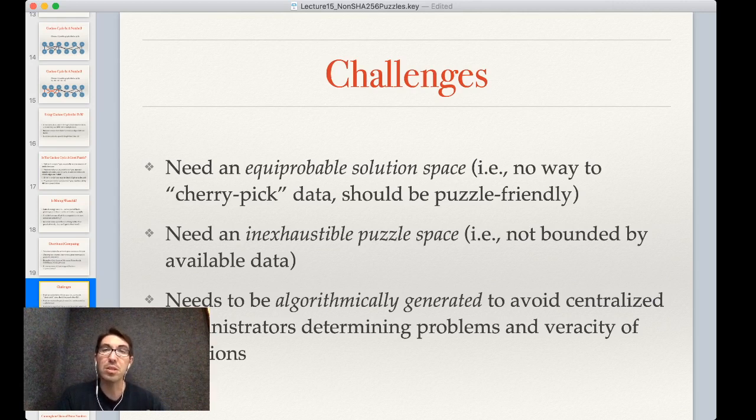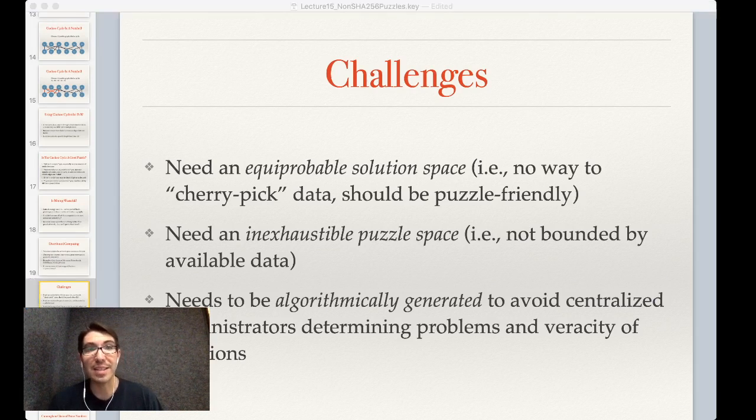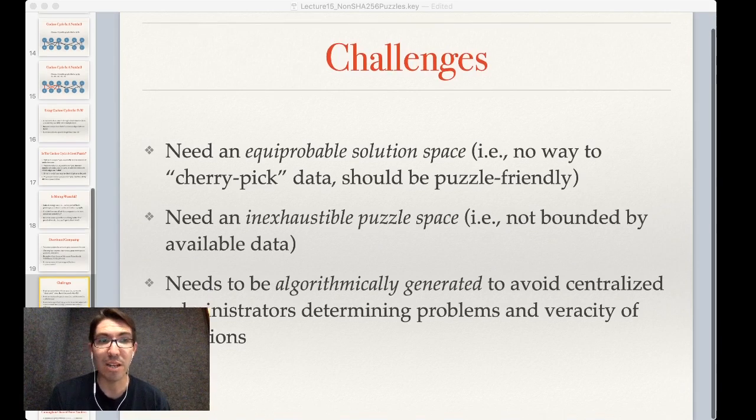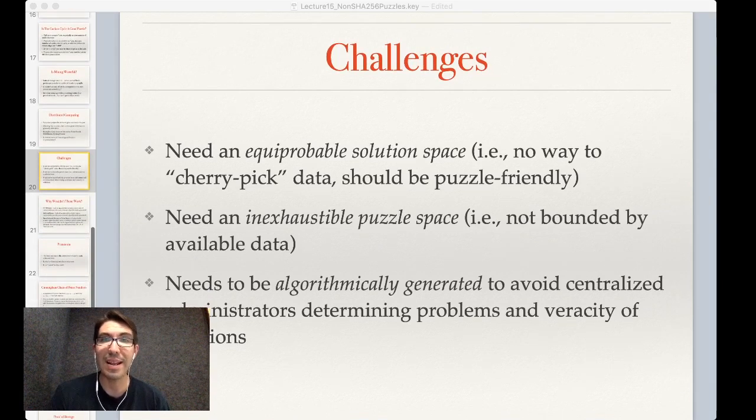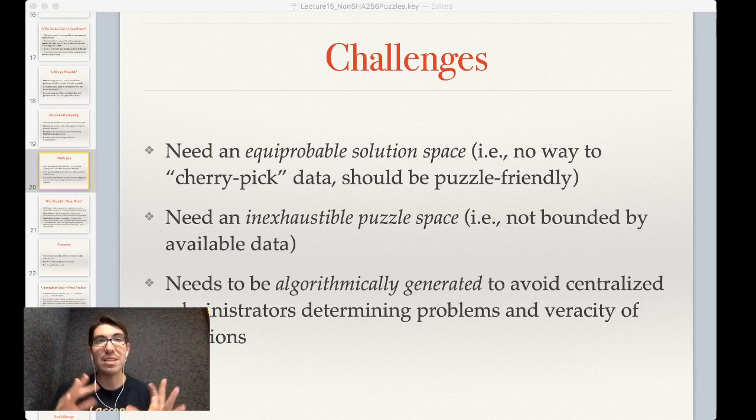Otherwise, we've got a centralized point that's providing this data, which means it can be gamed or turned off. Right? So generally, with a cryptocurrency, with blockchain in general, we want to have something that's decentralized as much as possible, and data that's coming from a specific place or specific people is definitely not decentralized. Even if you have a decentralized group, it's certainly not going to be as decentralized as something that can be algorithmically generated by the chain